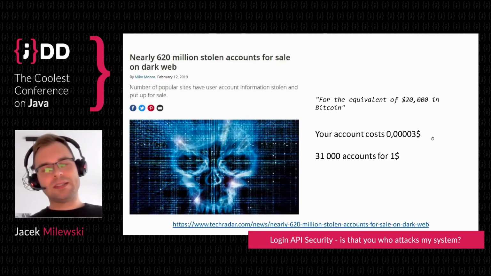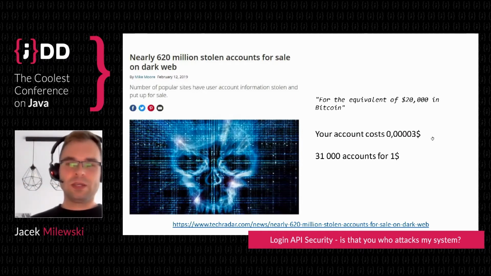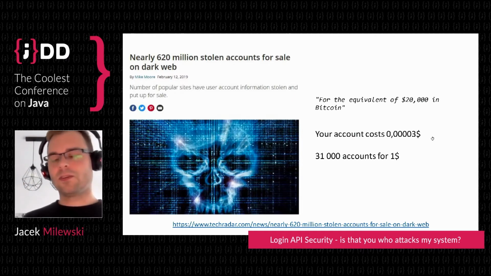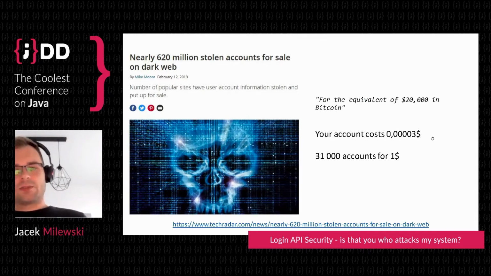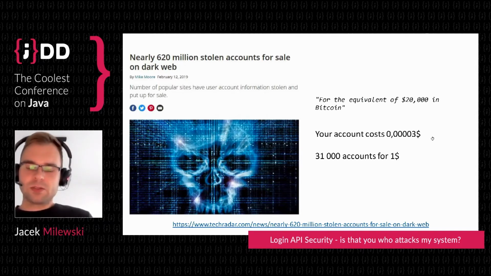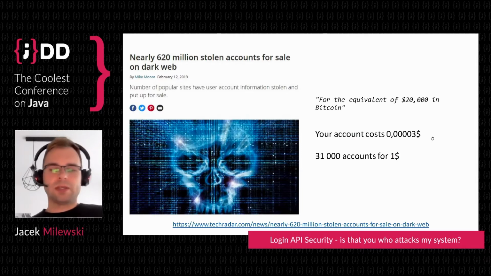Well, in fact, it's $20,000 for the whole database. So buying one account is just a fraction of a dollar. It doesn't make sense to make a transfer at such low value. So you just transfer $1 and you get 31,000 accounts, right? Pretty nice deal. Still, those are leaked credentials. This is raw data, so we don't have confirmation whether those credentials are being reused, or whether those passwords are weak or strong. We don't know that, but still, it's easy to buy, right?